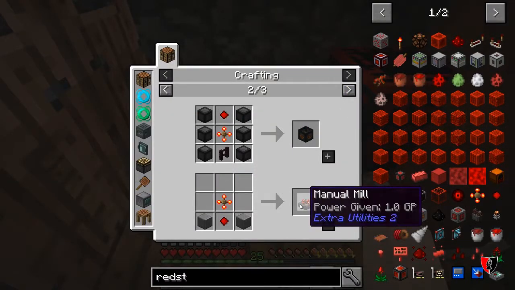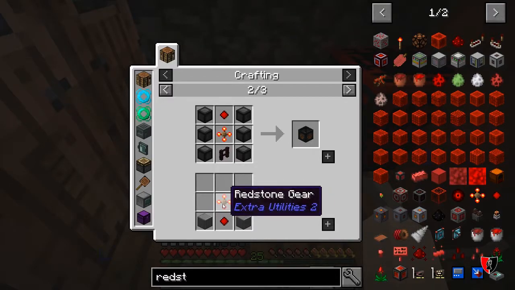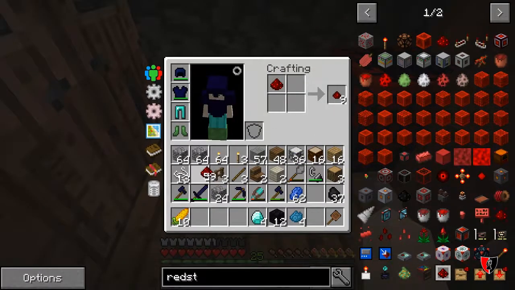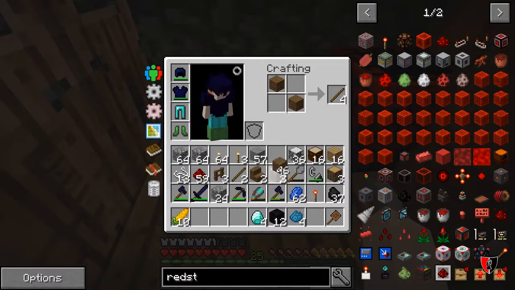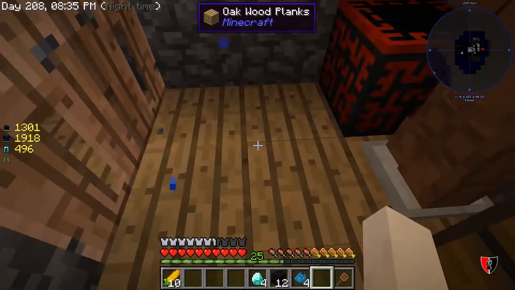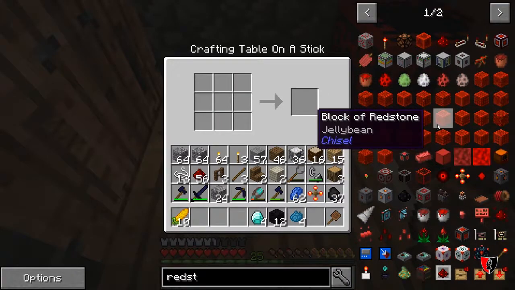This is what I need to make, a manual mill. So we need 2 pieces of polished stone, another resonating redstone crystal, and a redstone gear. So it's 4 redstone in a block, which I can do that pretty easily. There's fun. More sticks. Okay, so there's the 4 redstone for that. And what else did I need? Oh, just a piece of wood. That's easy enough. I have the gear. Boom. And I need the...